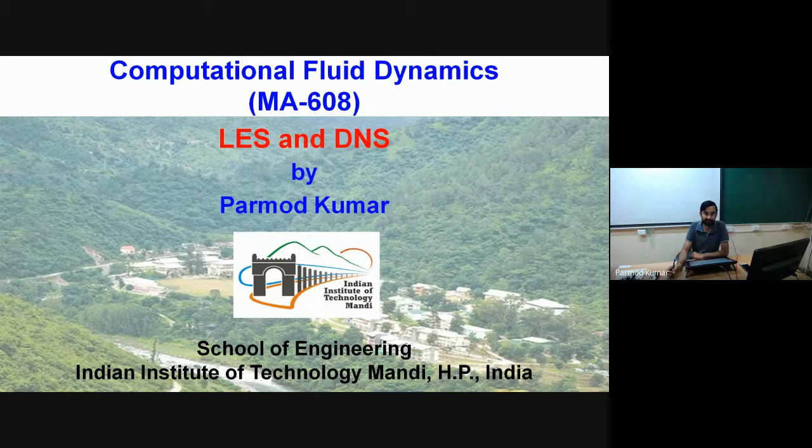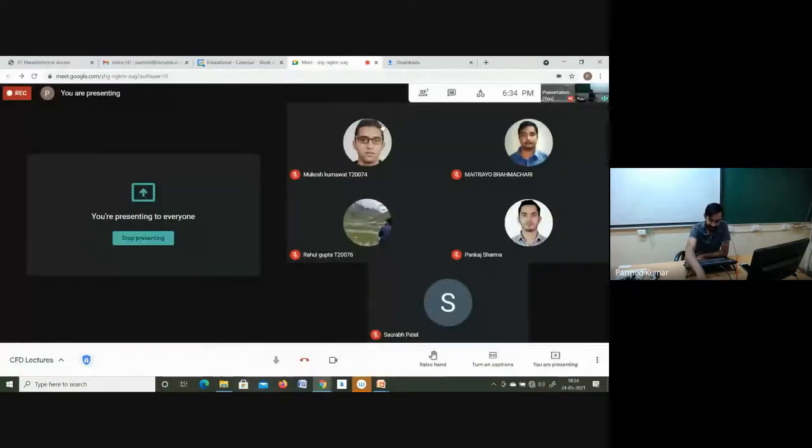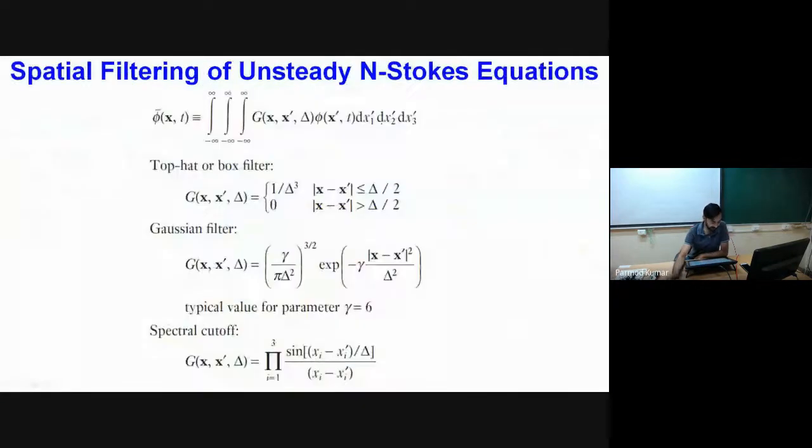In the previous lecture, we completed our discussion on modeling of turbulence using the RANS approach. Apart from RANS, we have two more ways for modeling turbulence. These two are specifically known as large eddy simulations and direct numerical simulations. In this particular lecture, we will try to see both the LES and DNS approaches. Let me start with the large eddy simulation first.